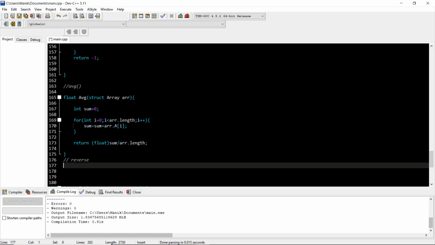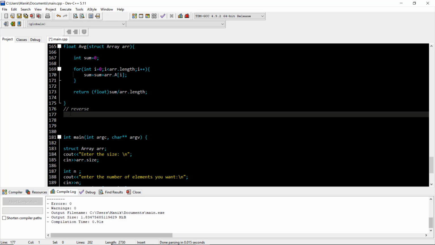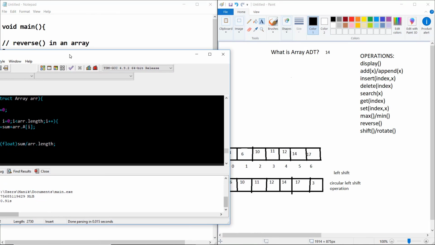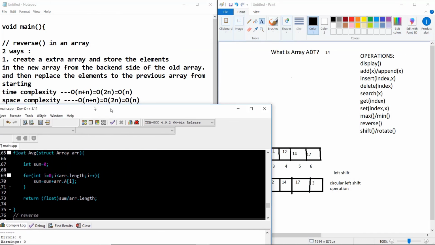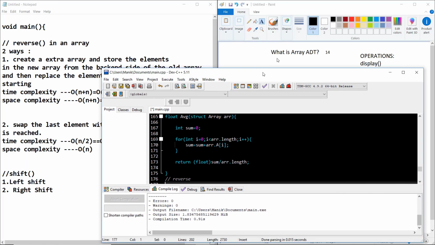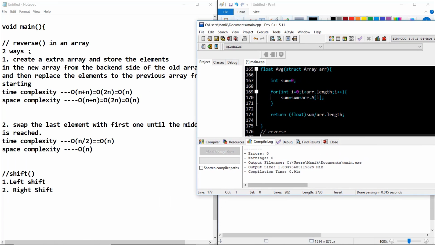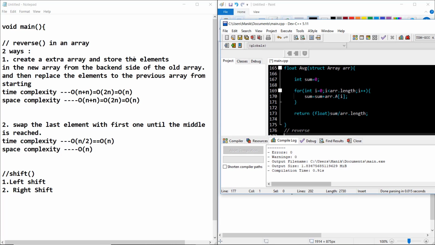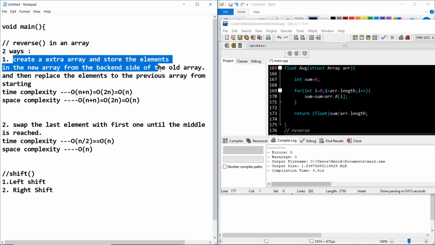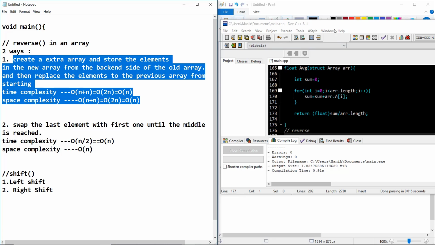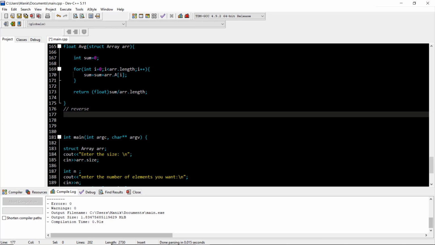Okay. So we have seen the two methods of reversing. So let me just give you a glimpse about how we can develop it. For the first method we have to develop a new array, in which we have seen how to implement the part: create a new array, store the elements inside it, and then develop a new array. So how we can develop it, let's see. So let me define this array reverse